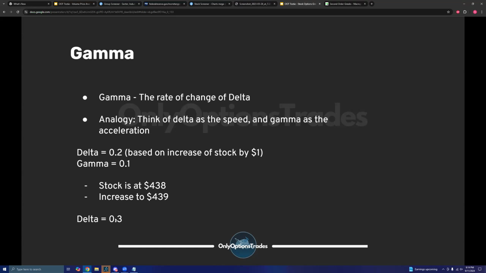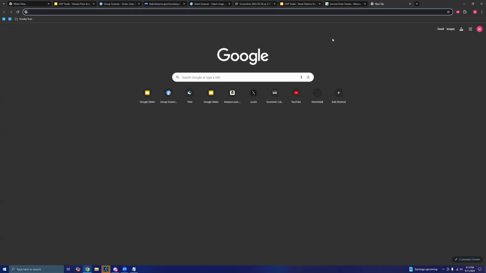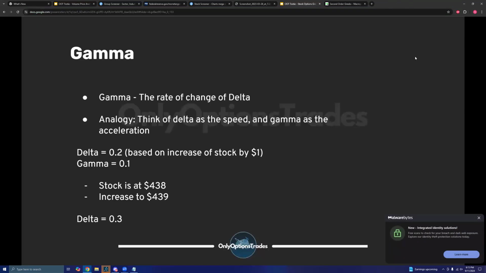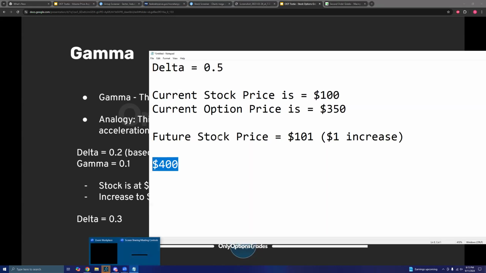Cool. Okay. So obviously these two examples are incredibly simple. It seems like this is just a perfectly linear change, right? Where gamma just stays 0.1 the whole time, and delta stays 0.2 until the stock price increases. But you have to remember that it's a much smoother curve than that. I was going to pull up a graphing calculator online, but I think that's a mistake, I'd get too pigeonholed into something that doesn't matter as much. But just to highlight, obviously option contracts don't just increase based on full dollar increments in stock price, right?